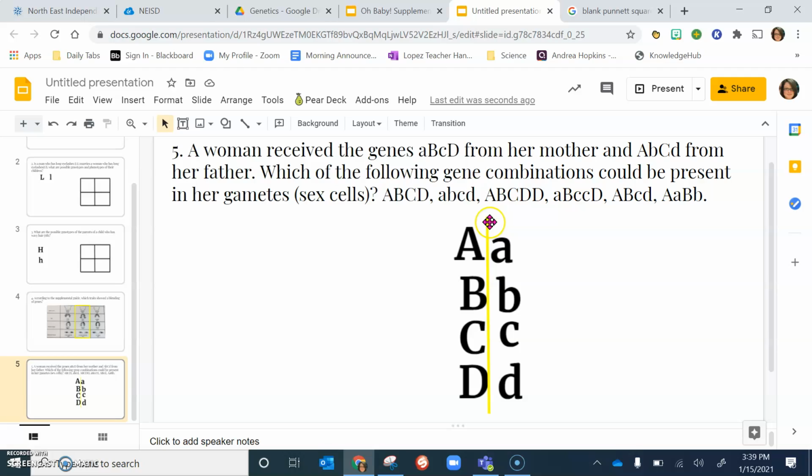Now, when we go to look at big A, big B, big C, big D, and then another big D, well, she doesn't have 2 big Ds. So this could not be a possible combination because she doesn't carry 2 Ds, and she would have to actually have another genotype, and that's not what they've been presented with. The same thing happens when we look at little a, big B, little c, little c. Again, they're putting 2 little c's in a gamete, and she does not have 2 little c's in this problem